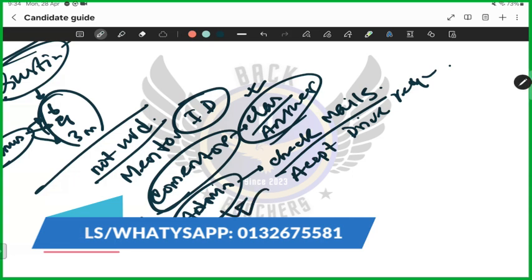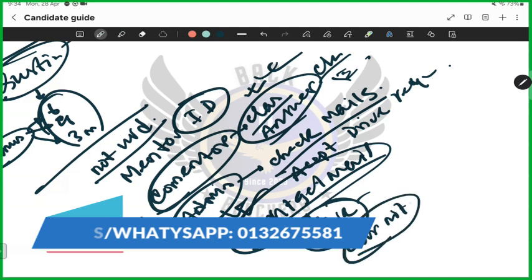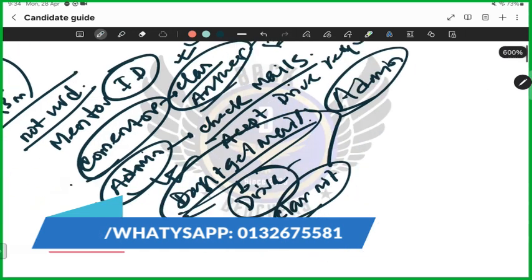Admin, if you don't get mail after exam, or you have some queries about class or exams, you ask the co-mentor. If you don't get mail, or you have some problem with the drive, it's not opening, or you are not understanding what to do, or sometimes you say class not playing, guys, you knock admin. You will see it in our groups, don't worry.